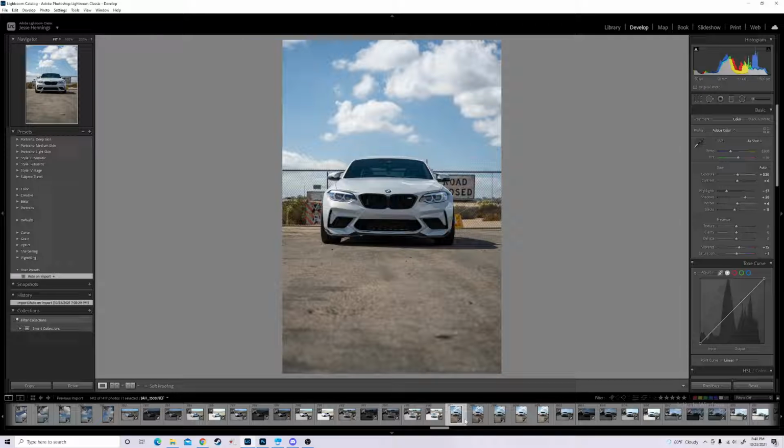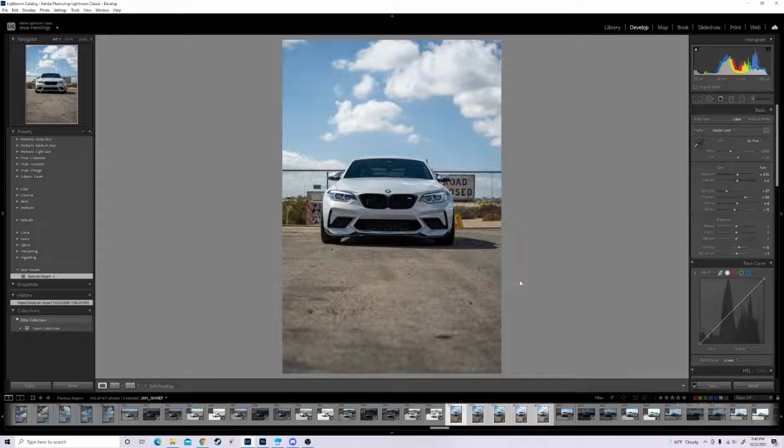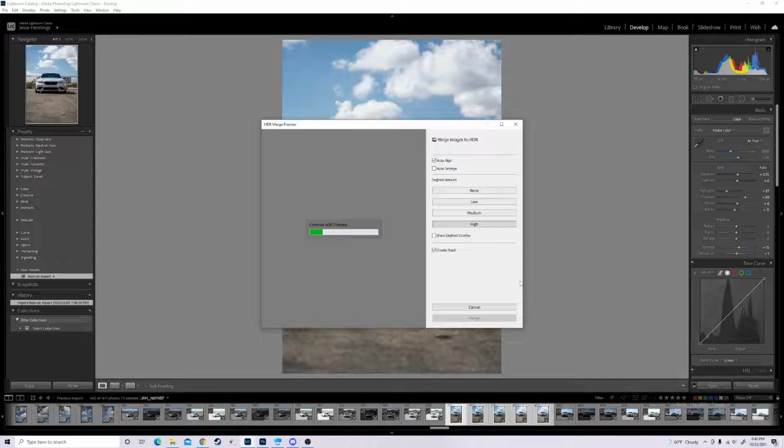So down on the ribbon I've got my bracket of 5. Hold Control Shift and click over here. That'll give me the whole range here. Right click, Photo Merge, HDR. And it takes forever to create a preview, but go ahead and check Auto Align, set your